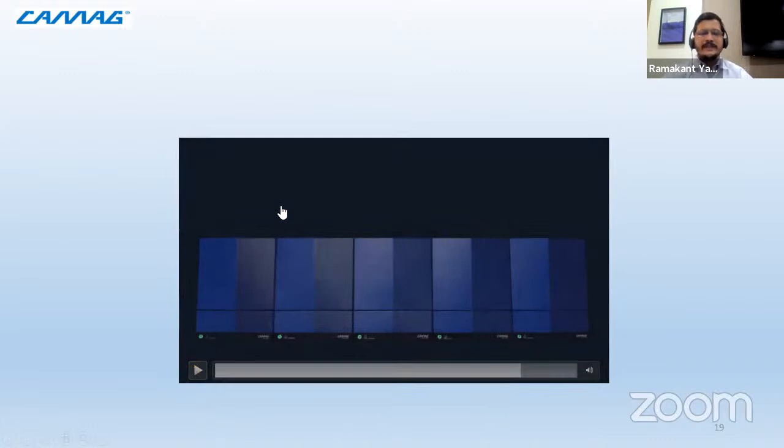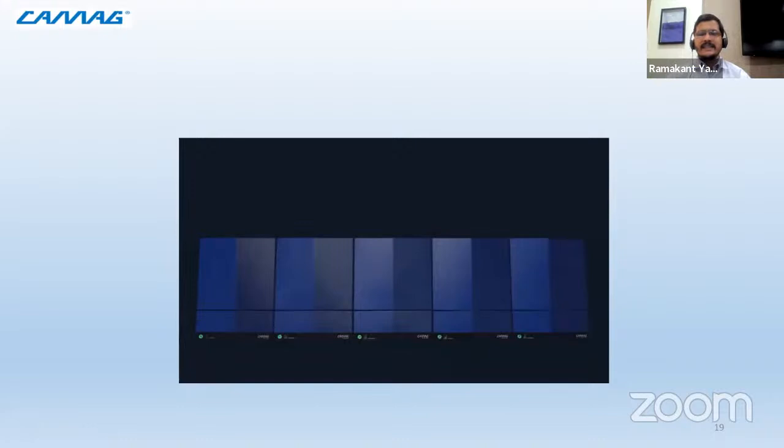HPTLC Pro system is like a relay race where a plate is acting as our baton, and that baton will carry it forward from one athlete to other athlete, from one module to other module. So plate will go from one module to other module automatically through online system, and there is a conveyor belt type of assembly. From that assembly, plate will move from one module to other module.